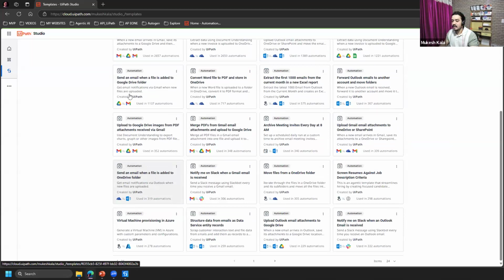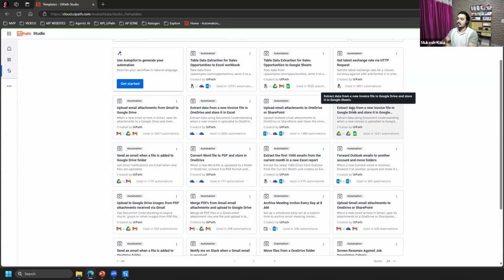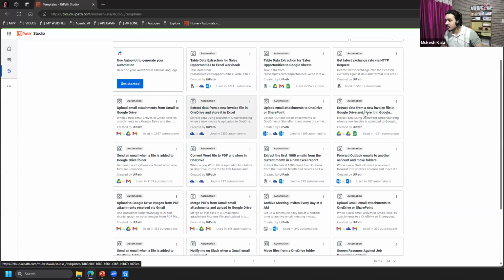I won't be using enterprise applications like Outlook, because that requires some kind of license. So we'll start with Gmail. For example, I want to take data from a new invoice from Google and store it into Google Sheets. I have an invoice in my Google Drive. I have to download it, and then process it onto Google Sheets.